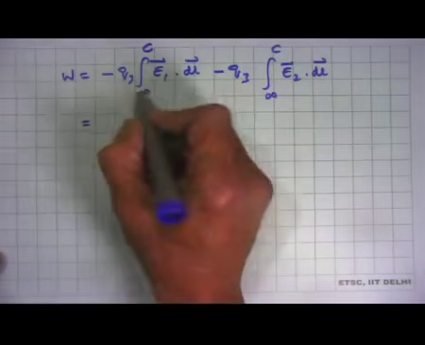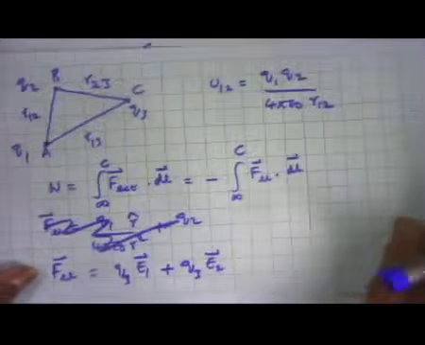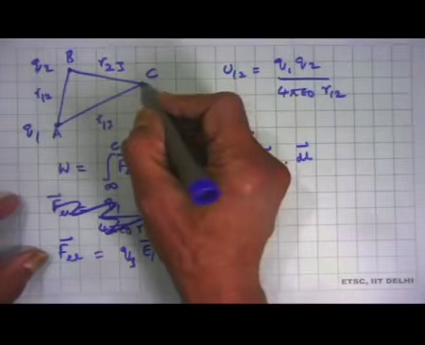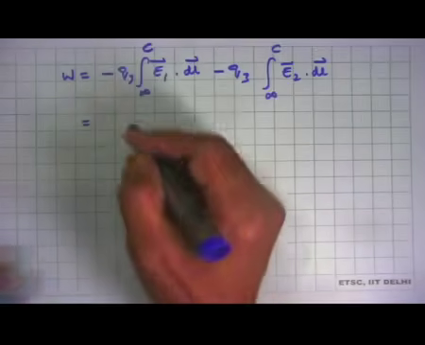Now, what is this? This is the work done in bringing charge q3 because of the electric field produced by q1. There is no dependence on q2 here, and that must be, as we have discussed before,